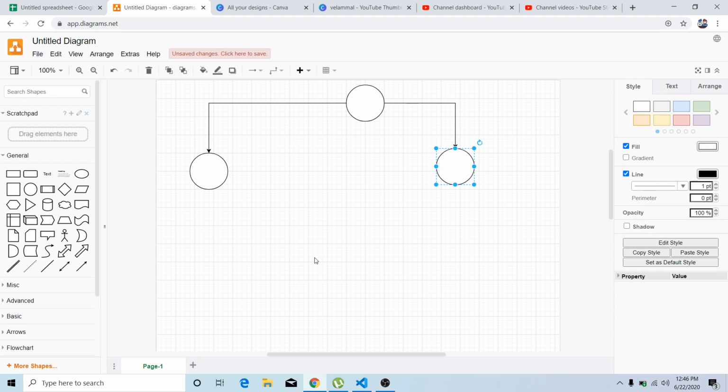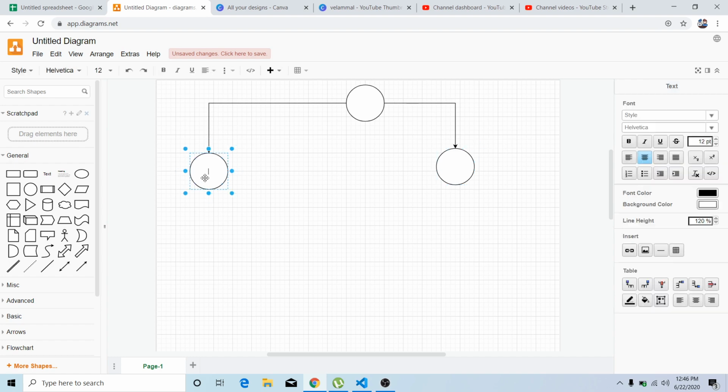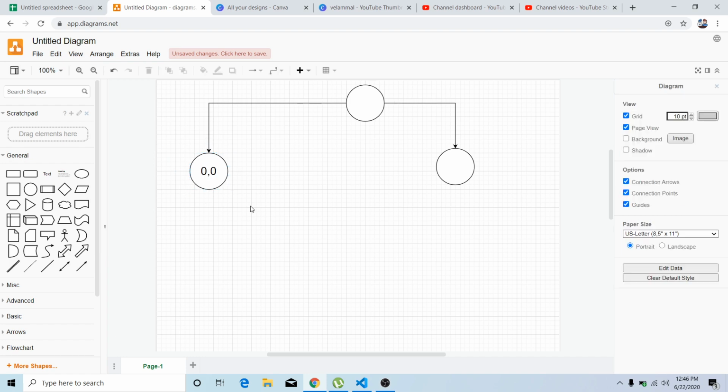If you are taking an 8 cross 8 chessboard, then you have 64 starting points. What is the first starting point? You can place your first knight in the 0 comma 0 cell of your chessboard.